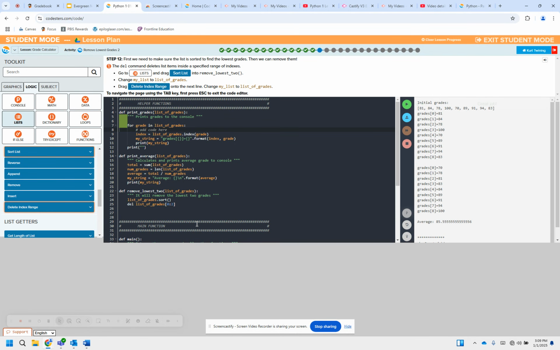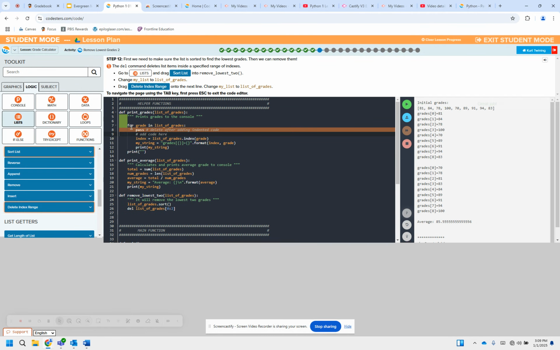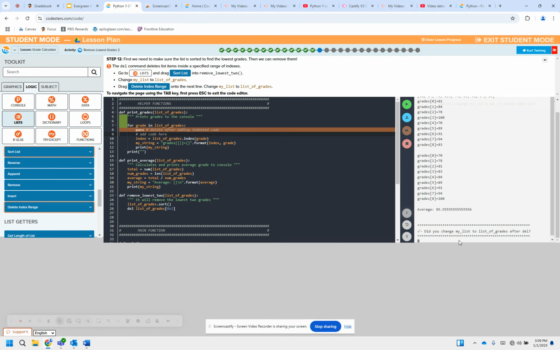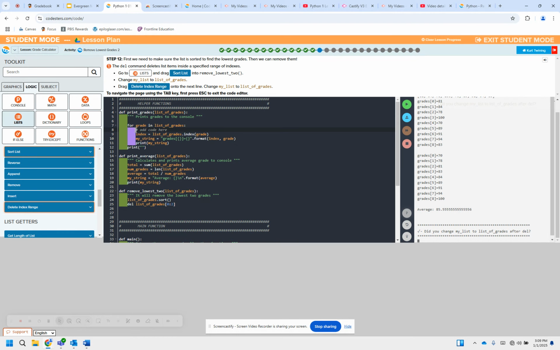Okay, so I went through and looked at the answer key to this lesson and found out what it is that we were missing. And in fact, all the code was perfectly good. The only thing that I had failed to remove was the final pass. Right here, I had another pass in this for loop. And when we run with that, you can see it says, did you change my list to list of grades after delete, which I already have. But when you remove that pass and get rid of that code here, and then we run it again,